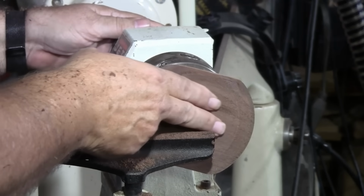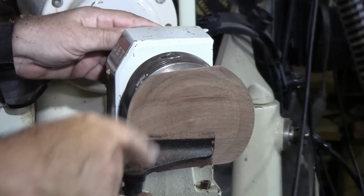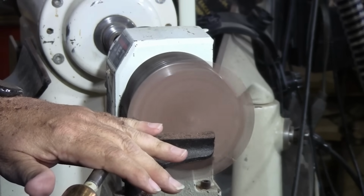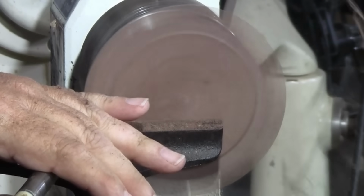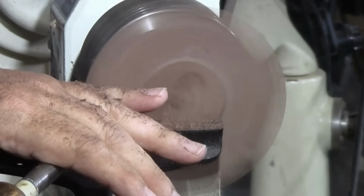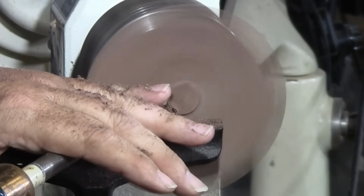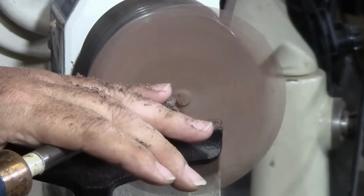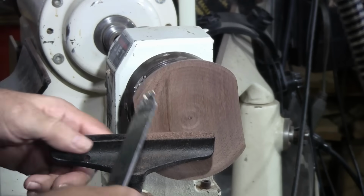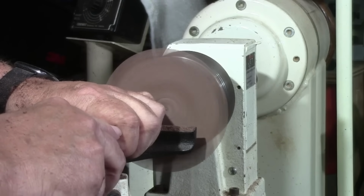Okay, we're real close to exactly what we wanted. I'm going to go just a little bit more. You know, guys, that famous one more cut. And for you new guys, that one more cut, that's usually the one that gets us in trouble, okay? Now we're going to come in with our parting tool, and we're just going to make some shallow